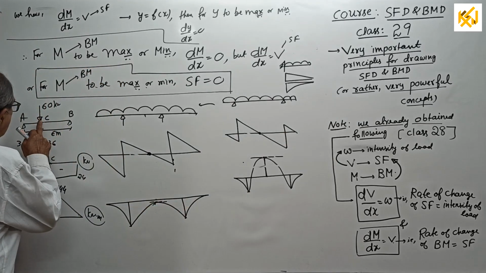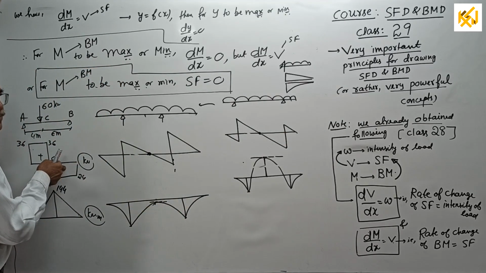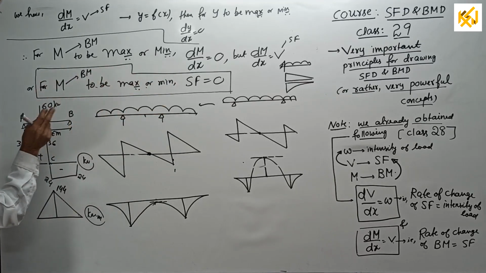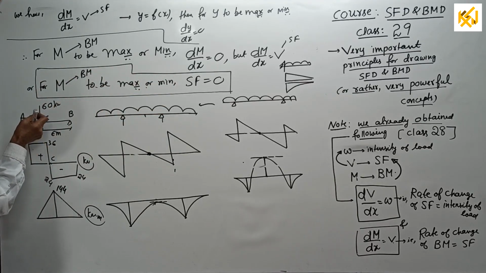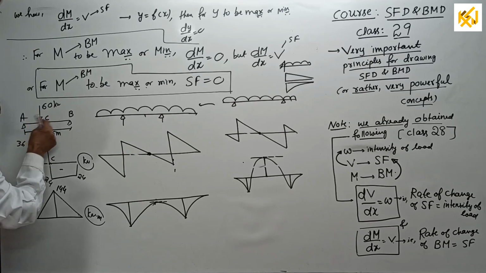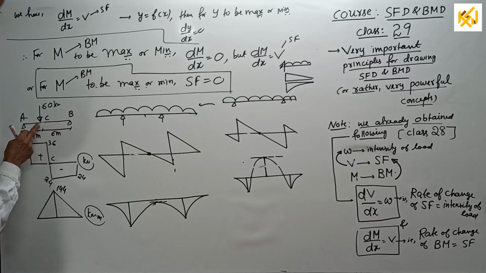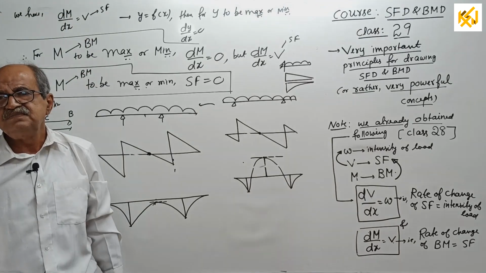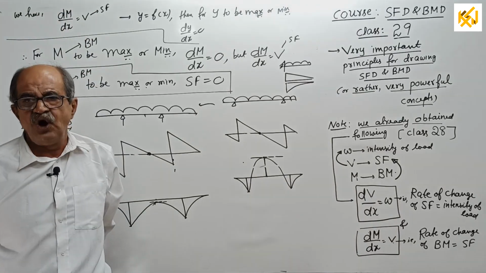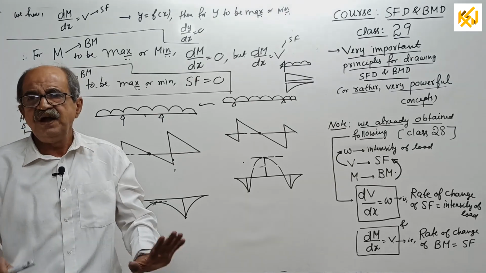Okay. Now, as per this diagram, in my regular course, I will tell the shearing force just to the left of C is plus 36 kilonewton, and just to the right of C is minus 24 kilonewton. Or you can tell that the shearing force at C, from just to the left, from positive 36, will suddenly change over to minus 24 at that particular point. That's what I will tell. That's what the majority will tell also. It is not wrong. It is correct.